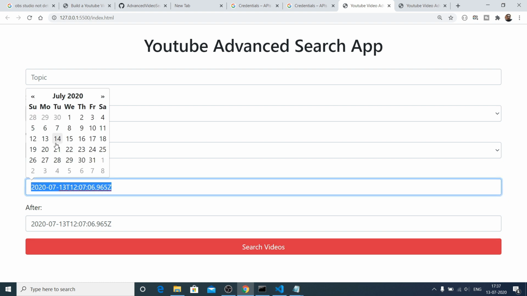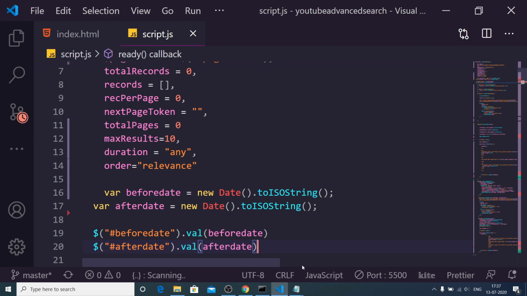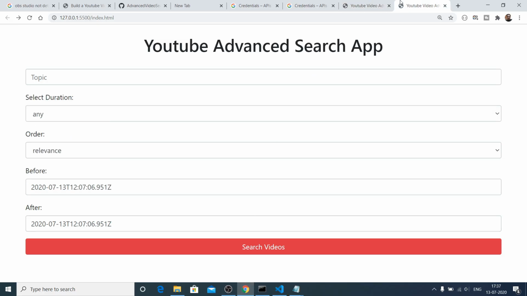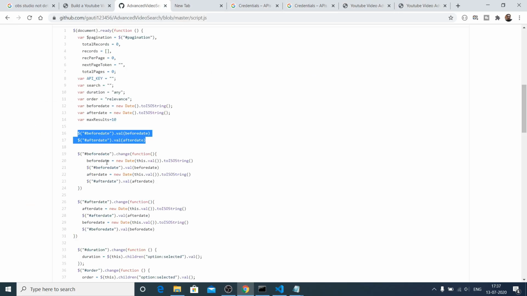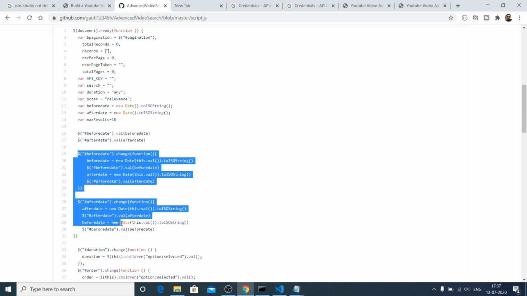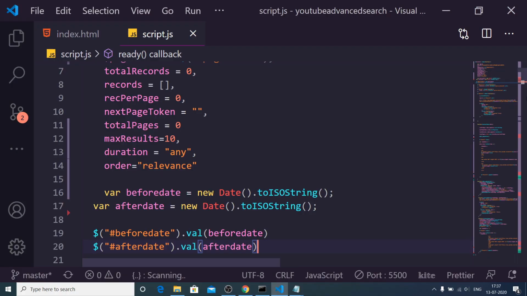Every time you select any date, it will be converted to this format by this function, which is ISO string. Now we want to write these functions whenever these input boxes change. We need to write this event handler code here.